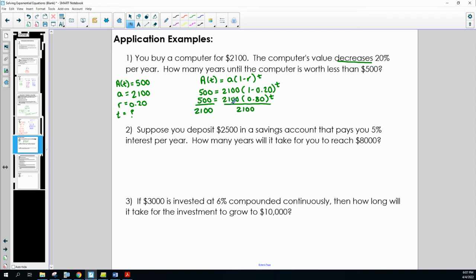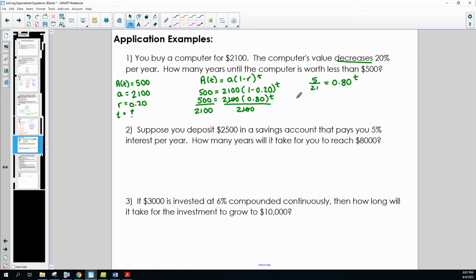We can get a decimal version for this if we want to. I'm just going to cancel out the zeros and make this 5 over 21, and that's equal to 0.80 to the t. Now, if you like the exponent to be on the left, you can switch this entire thing and say 0.80 to the t is equal to 5 over 21. Either way is fine. So now that we have that base to the exponent by itself,